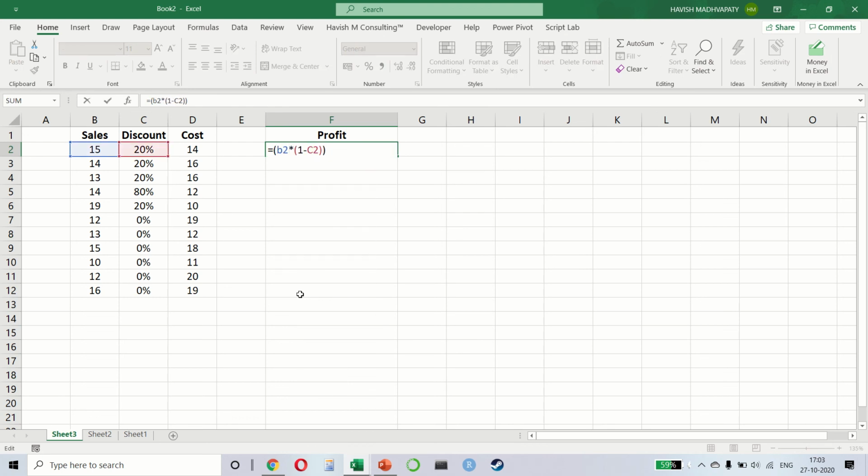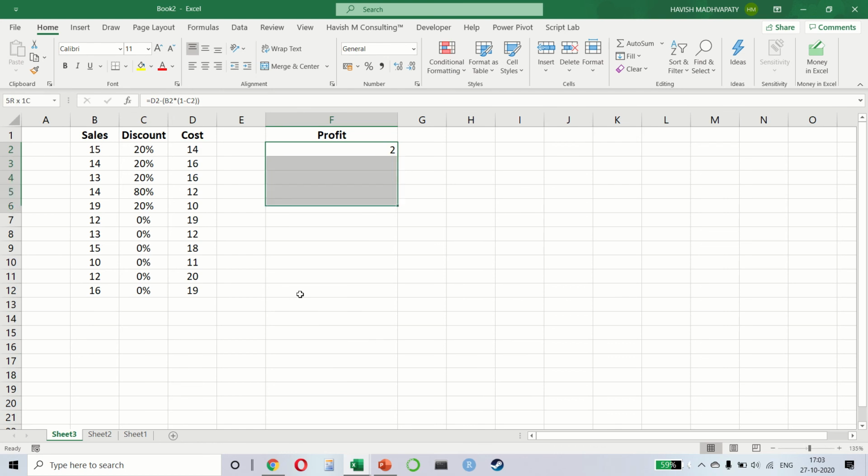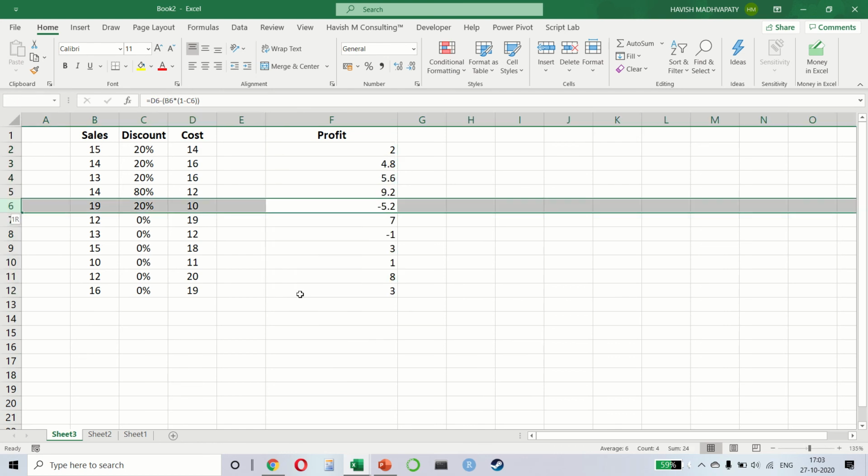Of B2 into 1 minus C2, which is 12. So 15 into 80% is 12. But because my cost price was 14, if I say D2 minus this entire calculation, it will tell me that my total profit was 2, 4.8, 5.6, 9.2. And do you see this? It's a negative 5.2.